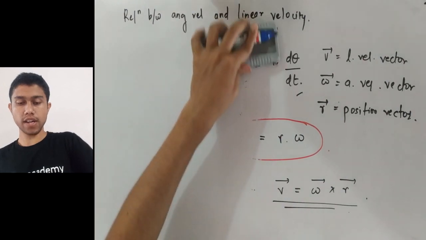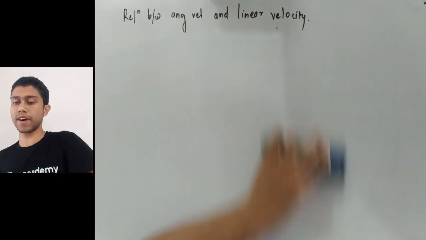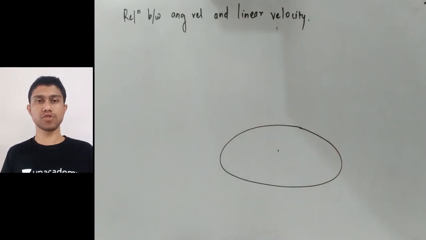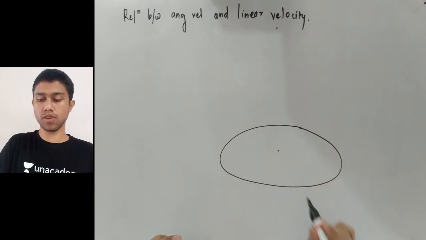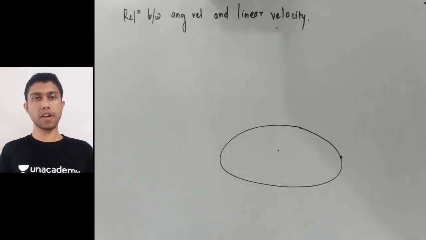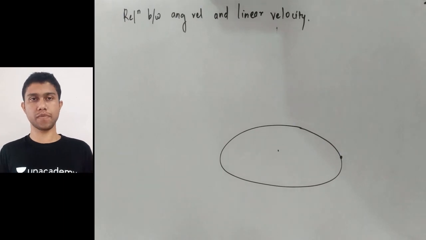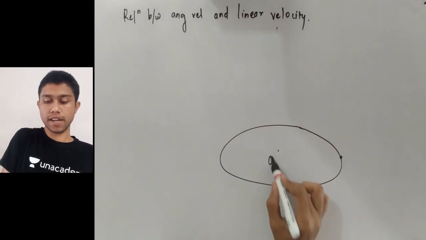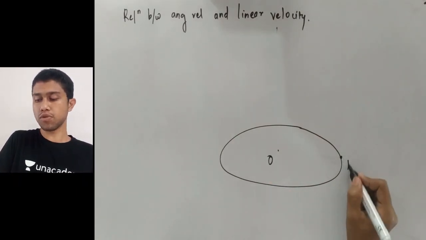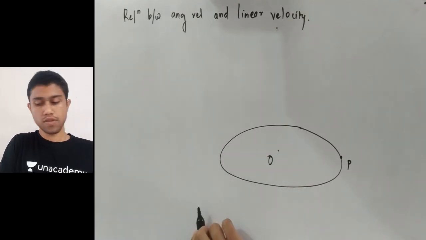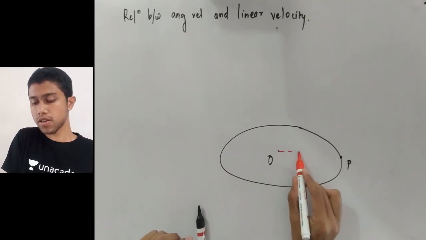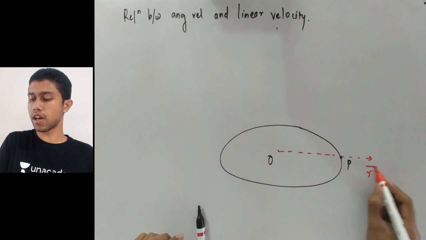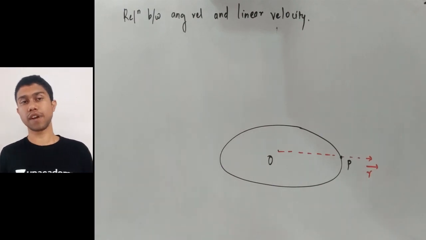Now we'll see what is the direction of these different vectors in the diagram. This is a circular path in which the particle is performing circular motion. Suppose the particle is at this point. First of all, I'll draw a position vector. What is the direction of the position vector? The direction of the position vector is from center O to the point. Suppose it is at point P. I'll draw it with a red marker. So it is directed from the center towards the point. This is the radius vector or the position vector.